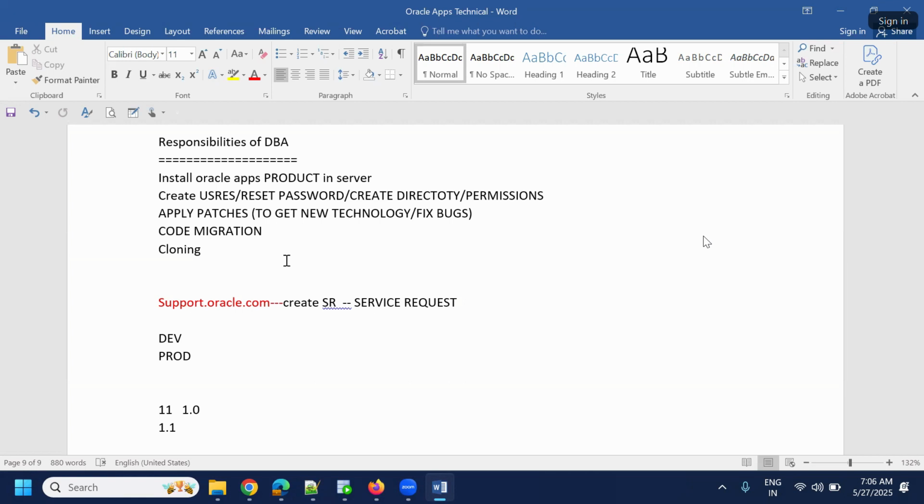Down means development, test, UAT, SIT. Only production is the real database. The remaining are all down databases. So the DBA will migrate data from the production database to the down servers. That's called cloning. Maybe we can call it a replica of production. Once cloning is done, you will get a mail from the DBA guys saying